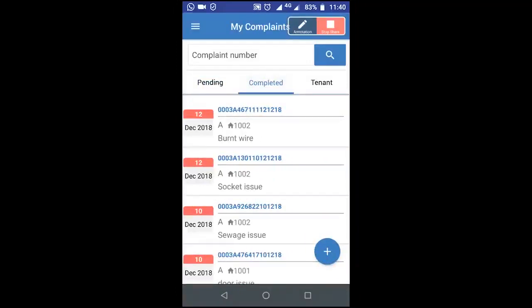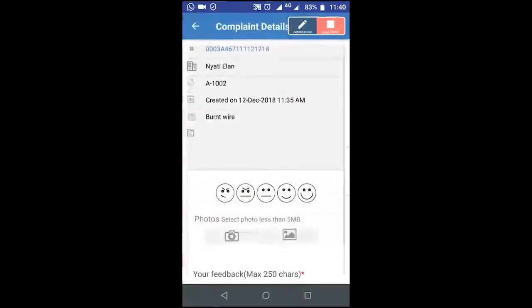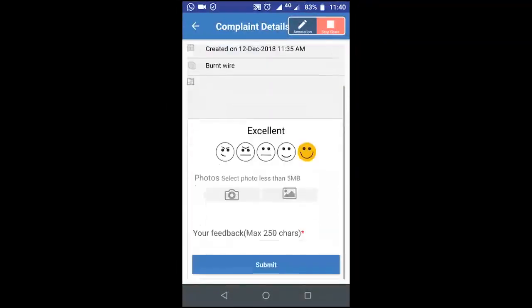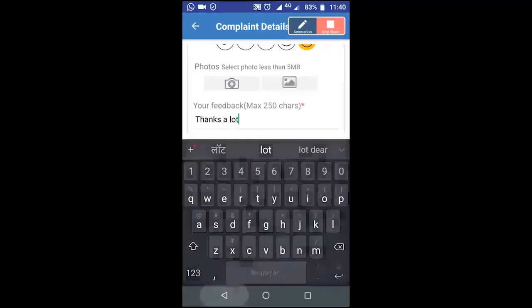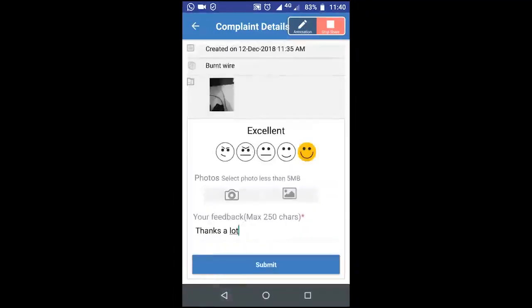I can click on the complaint. Now we can easily give the feedback by clicking on the smileys. You can also add a message, and we can simply submit the feedback for this complaint.